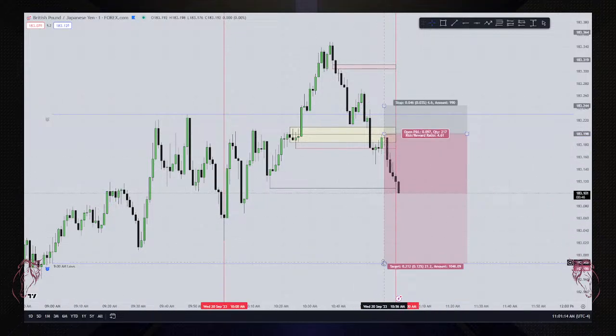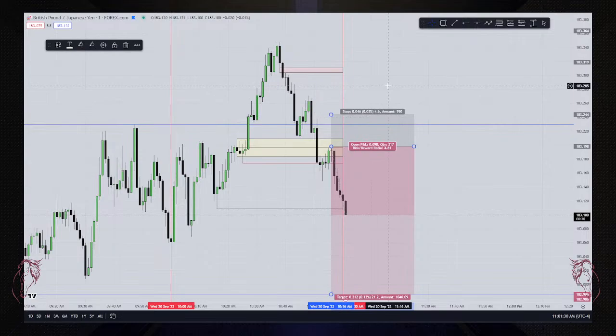This would have been a nice entry. We would have already had a 1 to 2, then 1 to 3 right here, and then ultimately a 1 to 4.6. Now I'm going to see what happens during PM session, but until then, thank you guys for